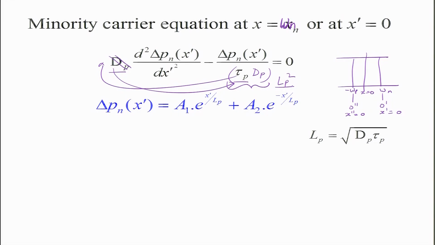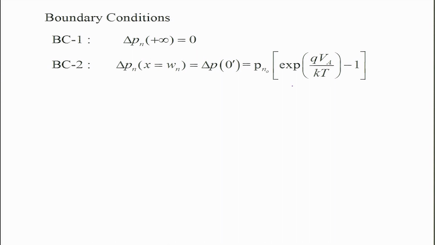How do you determine a1 and a2? By applying boundary conditions. Similarly, you do the same analysis for the boundary. What are the boundary conditions? The first boundary condition is delta Pn at infinity is equal to 0. The second boundary condition is delta Pn at x equal to Wn, that is at x prime equal to 0, is equal to delta Pn naught exponential of qVA by kT minus 1. This we have established earlier. Similarly, from this we can get a1 equal to 0 and a2 equal to minus delta